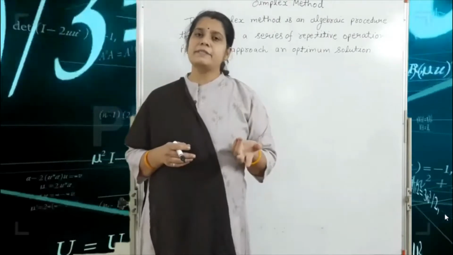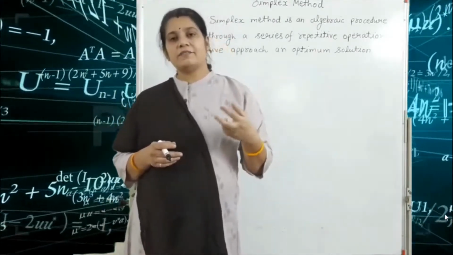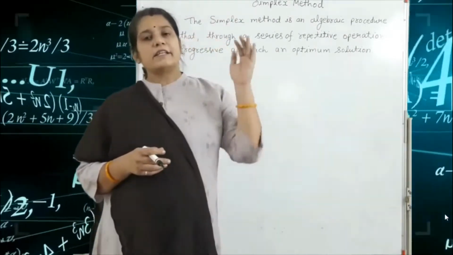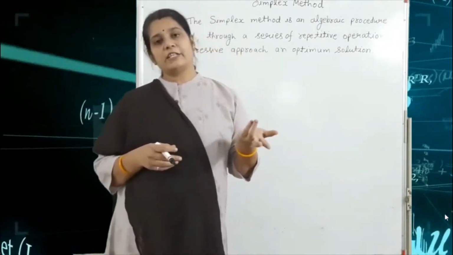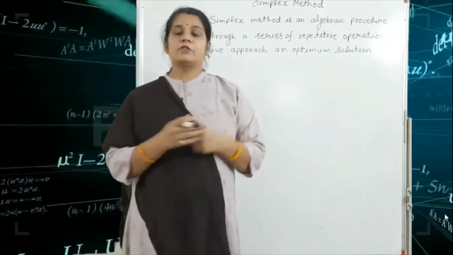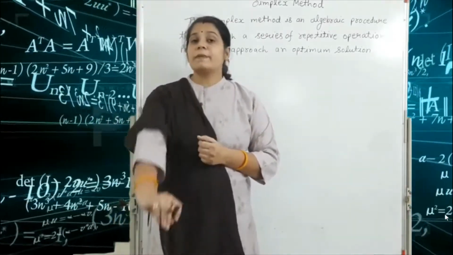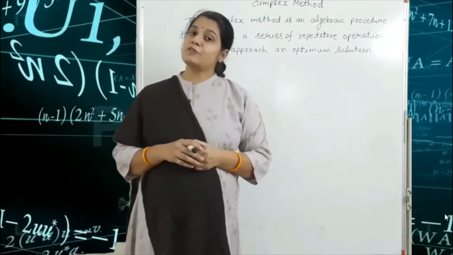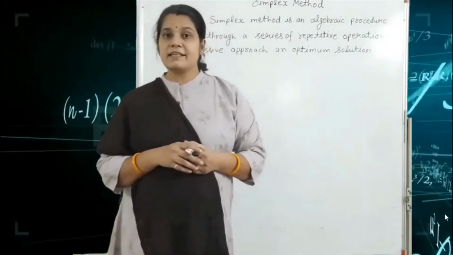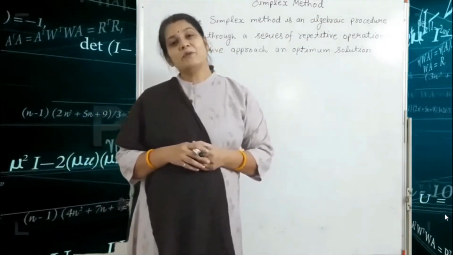Sometimes the problem is already given in equation form, that means maximize z, subject to constraints and non-negativity variables greater than or equal to 0. So the simplex method is always used for the maximization form. That means our question is always given as maximize z. Got it? So what is the second point?